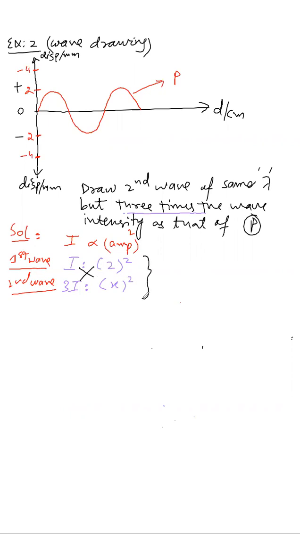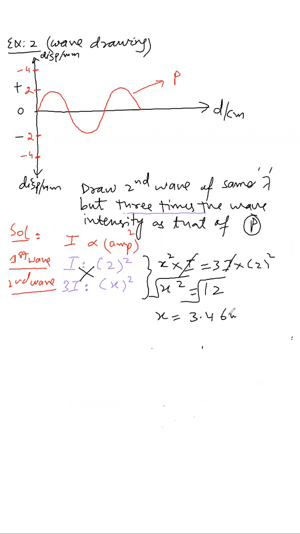Okay, so let me solve it for you now. X squared into I equals 3I into 2 square. So I would be cancelled away with I, so you'll be left with x squared equal 2 2s are 4, 4 3s are 12. So now what you have to do is take the square root of this 12. So let me take the square root of 12 quickly for you, and that is 3.46. So x is